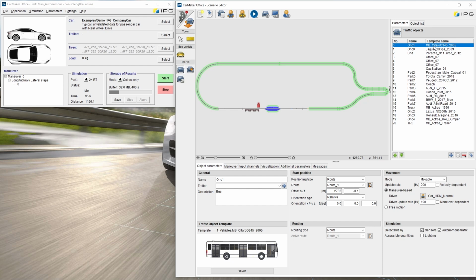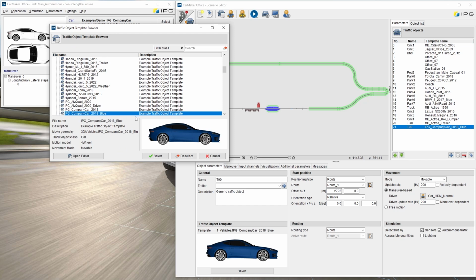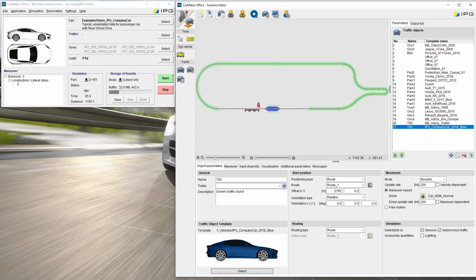But we need to add some more to generate the scenario I described before. For this, I will first add a vehicle in front of us. The vehicle should stop at a traffic light and react to other traffic members such as pedestrians. First, I will select my vehicle from the templates after I add a new traffic object. We can already use this traffic object if we want. We need a car. The next step is to add the name first. So I give this traffic object a new name. We will call it ahead.